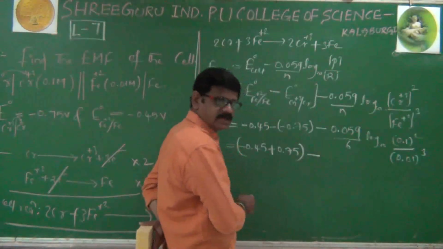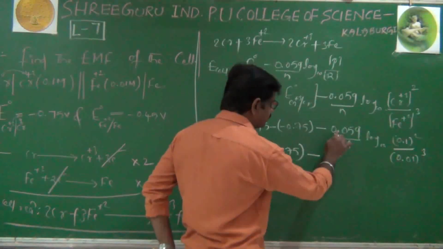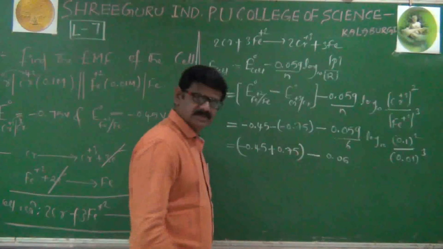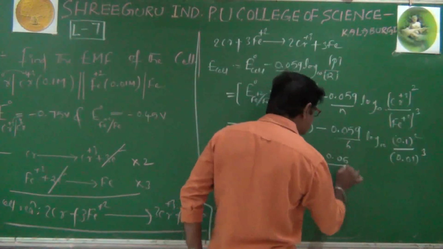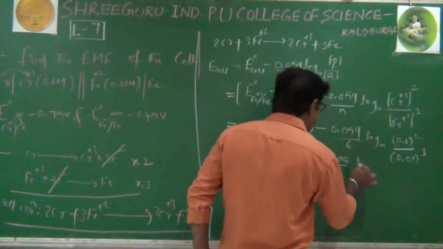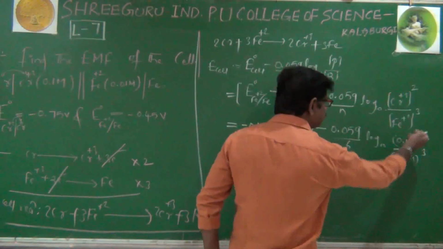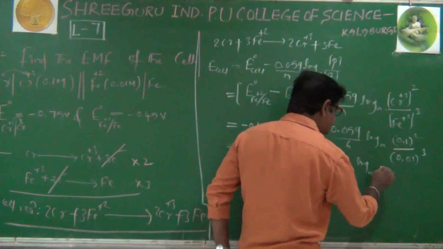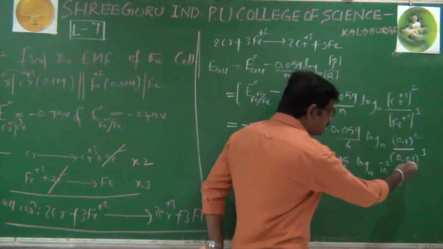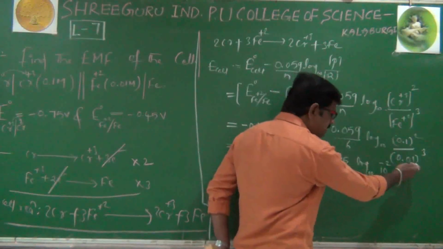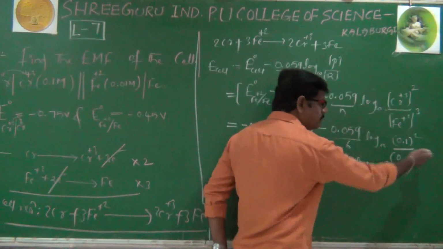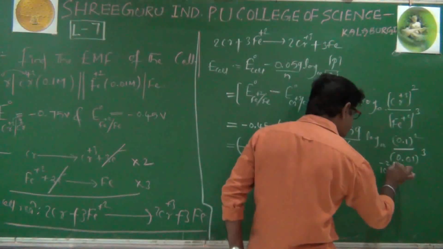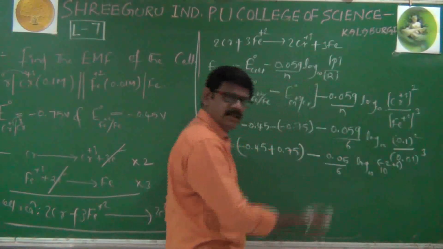We will do one small simplification here. What I am doing, 0.059, I am just changing it to 0.06. It's a nearby value I am taking because the denominator is also 6 only. Then log base 10 of 0.1 whole square. 0.1 whole square is 10 to the power of minus 1 squared, that is nothing but 10 to the power of minus 2. And here already 10 to the power of minus 2 is there, and the cube gives minus 6. Minus 6, if you bring it to the numerator, is plus 6, so 10 to the power of minus 2 plus 6. It is mathematical calculation only.